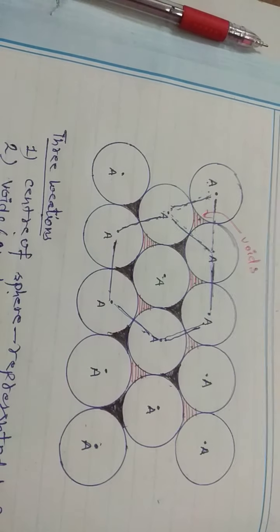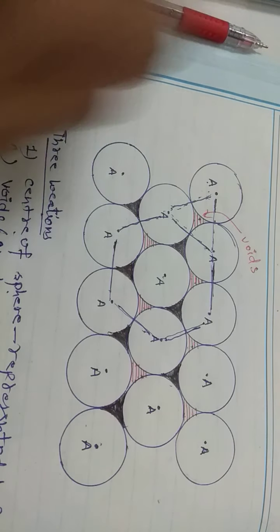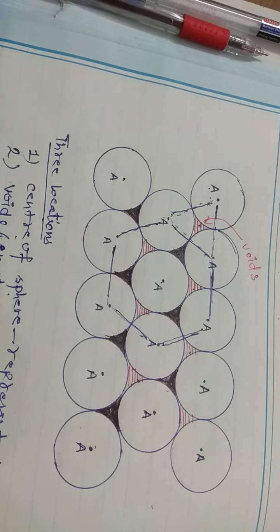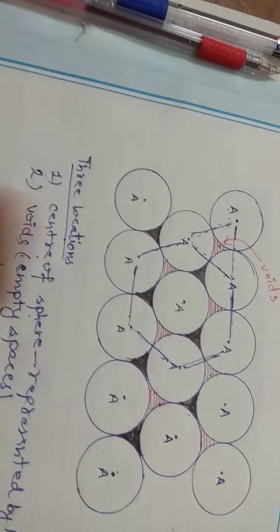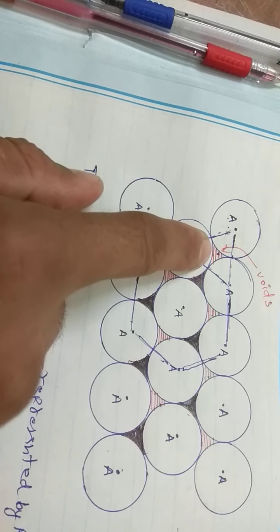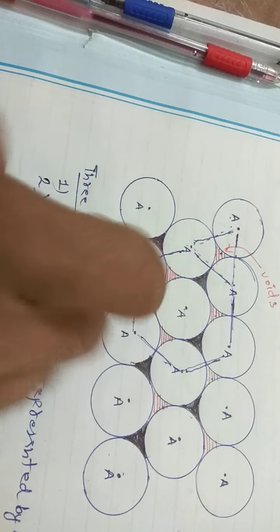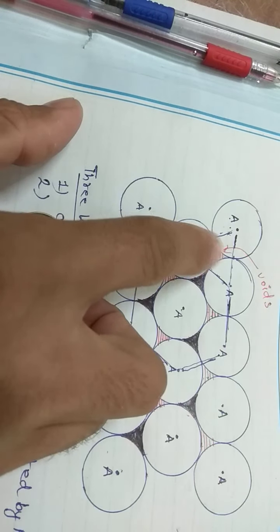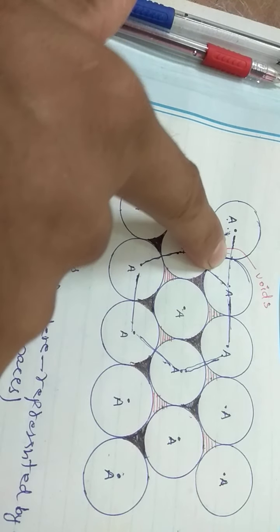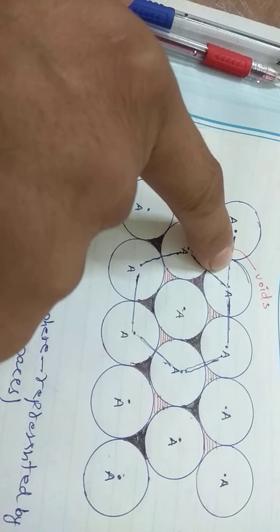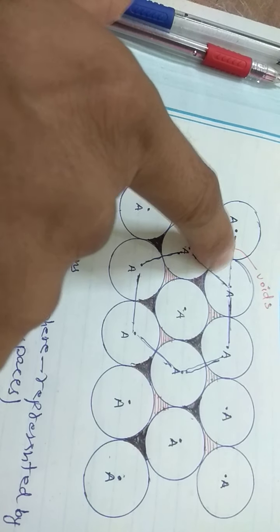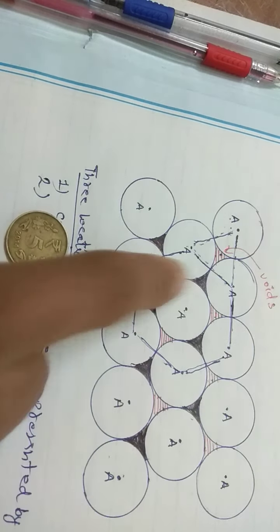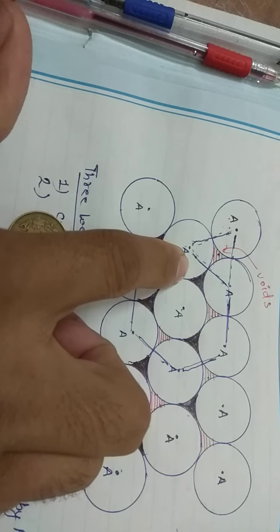Okay class, so here you can see. Now this is three-dimensional arrangement. So we need to close these voids. We need to occupy the unoccupied positions, which we are calling voids. So the first case can be in the second layer, the particle come above this void. Okay. So particle occupy this void. Okay, and the second is it occupy this black void. Okay, so here two possibilities are there.